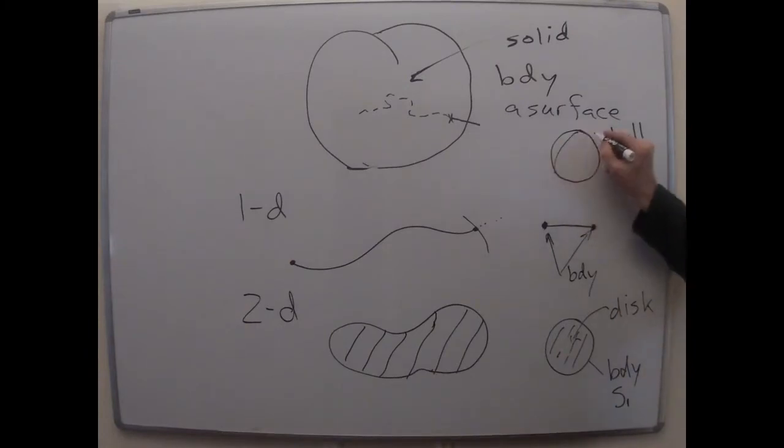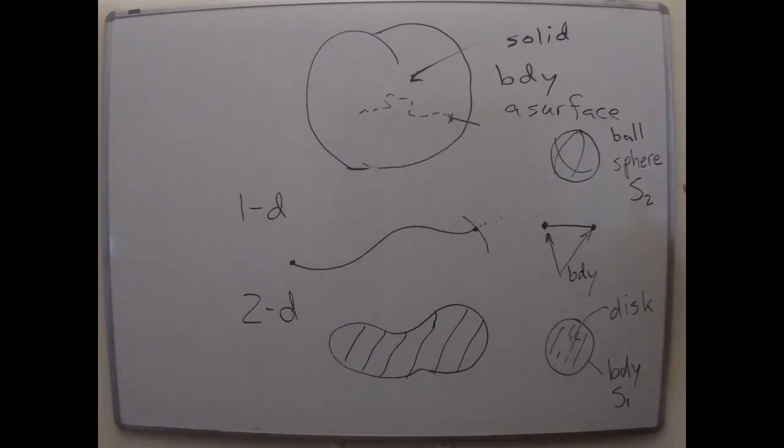What's the surface of the ball? That part on the outside, the skin of the ball, that's known as a sphere. And that actually, in topology terms, is called S2. But it's really the first example of a sphere. And so the two-dimensional sphere is what we always mean by a sphere.